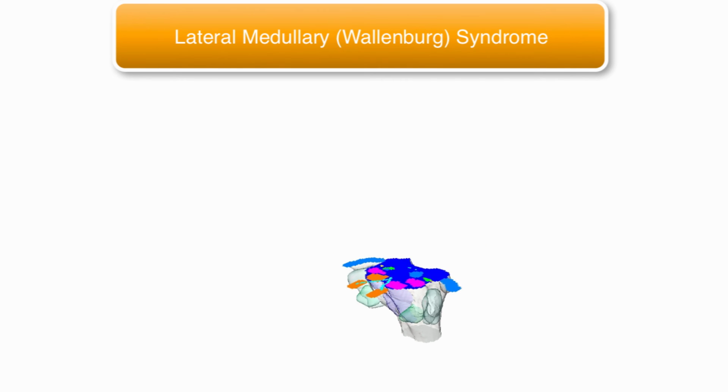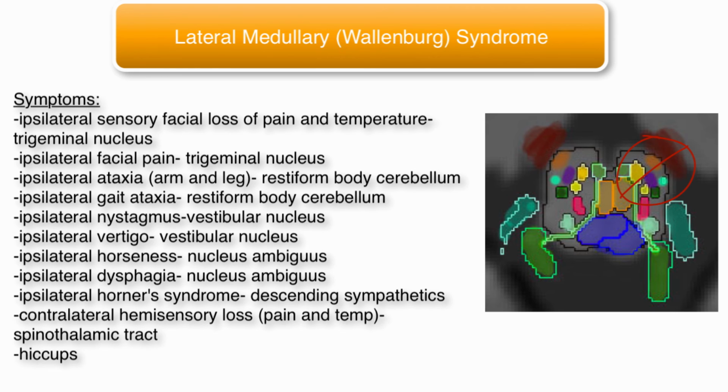medullary syndrome. Symptoms include ipsilateral sensory facial loss of pain and temperature, as well as ipsilateral facial pain due to damage of the trigeminal nucleus, ipsilateral ataxia of the arm and leg, as well as gait ataxia due to damage of the restiform body of the cerebellum, ipsilateral nystagmus and vertigo due to damage of the vestibular nucleus, ipsilateral hoarseness